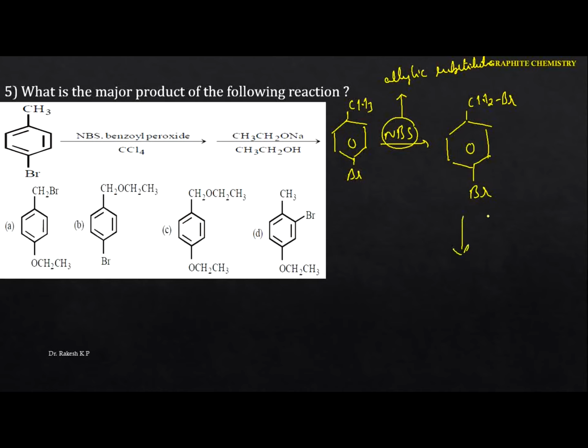This reacts with sodium ethoxide, CH3CH2ONa, in the presence of ethyl alcohol. Just identify, we have the alkoxide, and this is the alkyl halide. That means they undergo Williamson's ether synthesis to form this compound. This is the Br, and here we have the CH2, and this particular one is the alkoxide. So here we are going to get this product, CH2CH3. Hence in this case the option is B. The option is B. Next one.